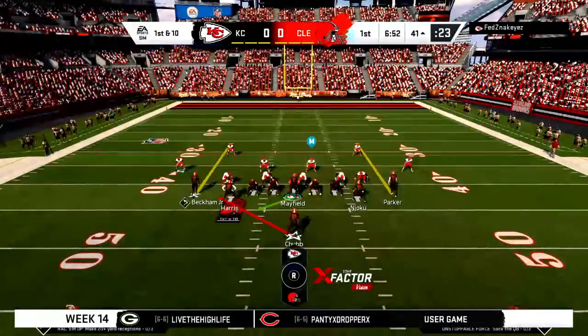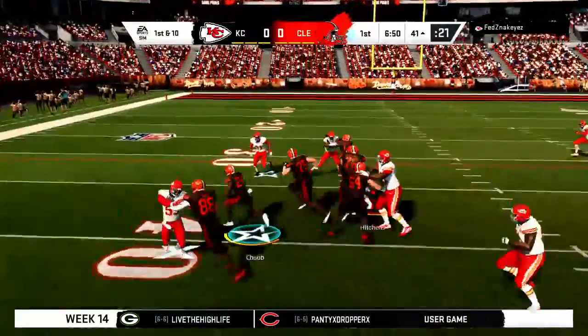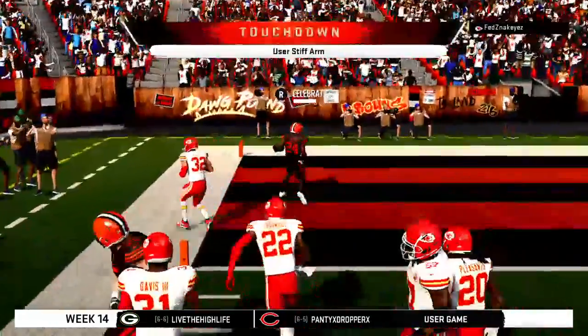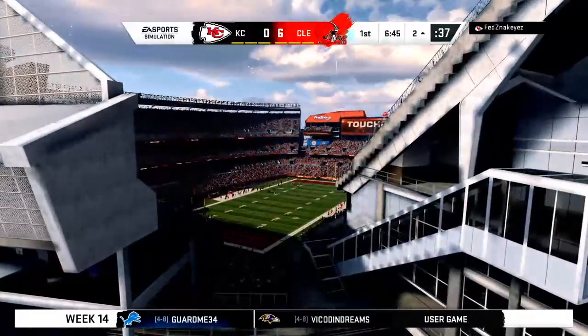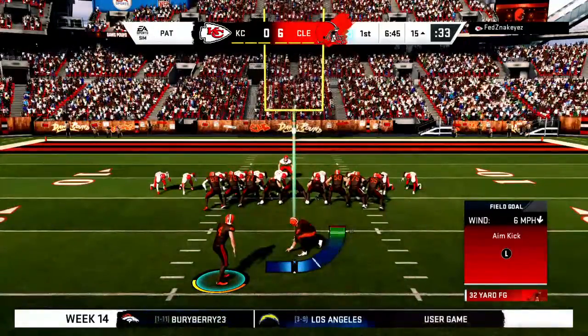Point it right, point it right, point it right. A first carry now for Nick Chubb. He's got the first down here inside the 30. And he is into the end zone. Touchdown, Cleveland. Nick Chubb with his 16th touchdown of the year as his guys are able to strike first here